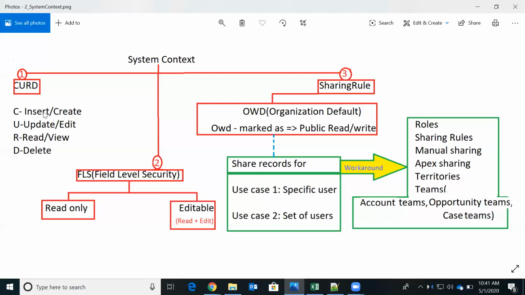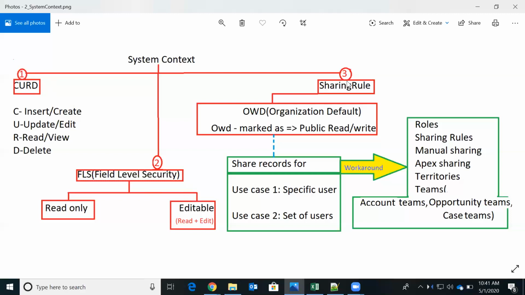This is about CRUD, and the second point is FLS. So system context is all about understanding these three concepts. CRUD permission, now we understand it clearly. And what FLS is, this is clear.